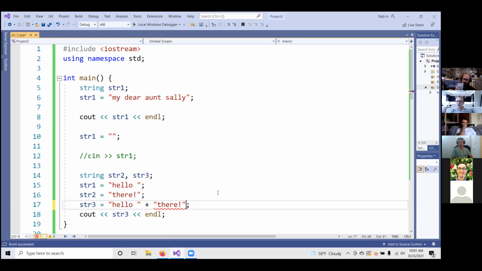String variables are a little different from the other types we've talked about. Strings are actually objects, which is something we're going to be talking a lot about later in the course. We're going to be writing our own objects later in the course. But what that means is that with strings, we can do interesting things like